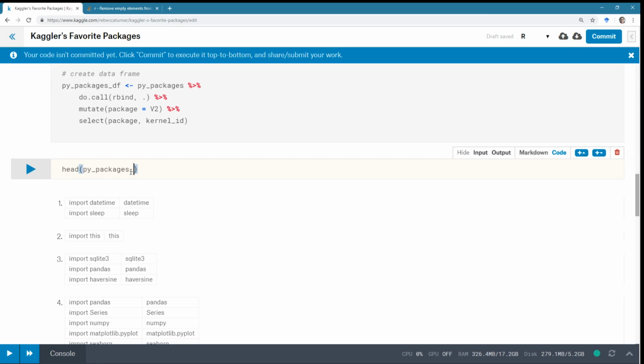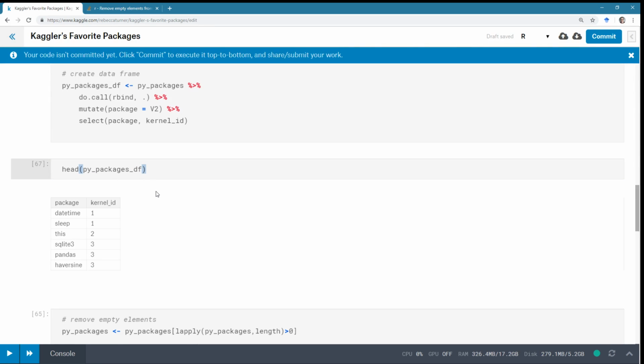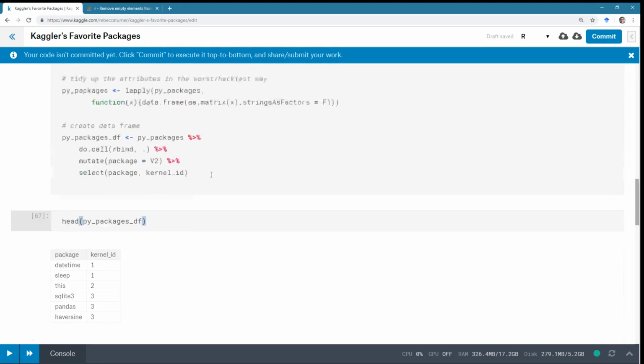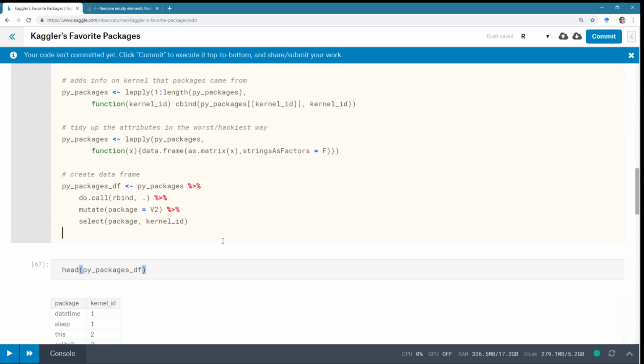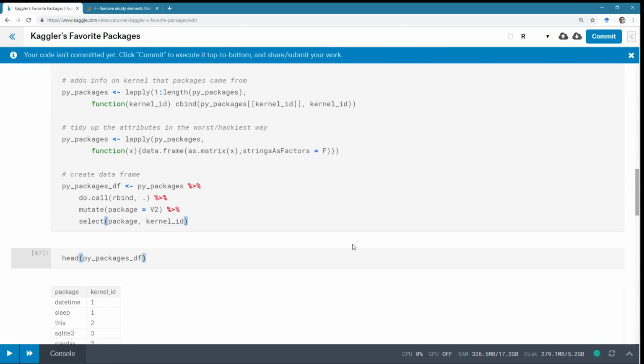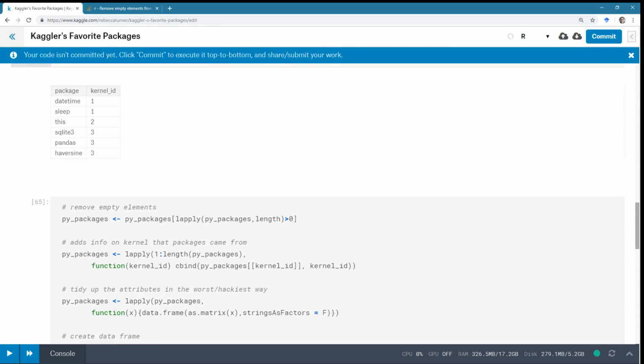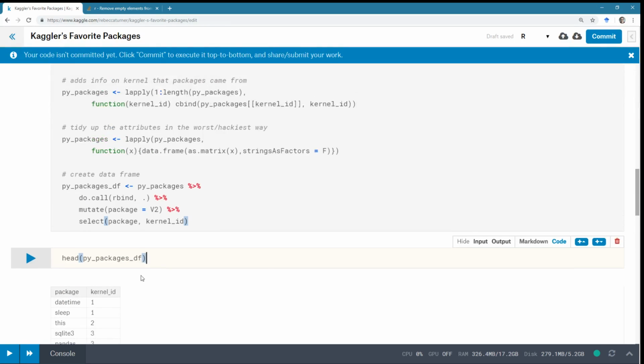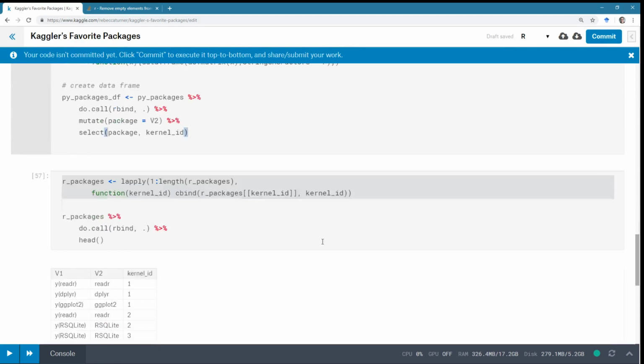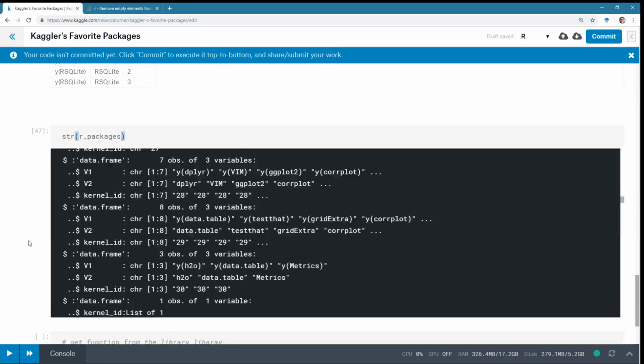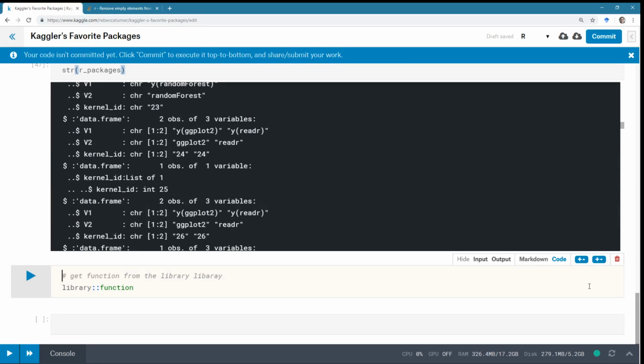Head, Py packages, data frame. Yes, okay, we're good, we've done it. Now that we're done with data cleaning, let's do something slightly more interesting. This might end up being a multi-part series because we did not get super far and it is already 4:46. That's okay. I'm sick and people always are asking for more data cleaning, so you got it.